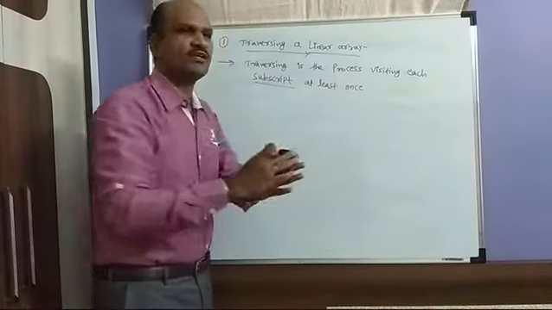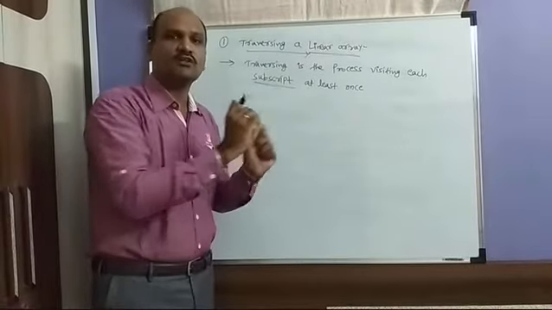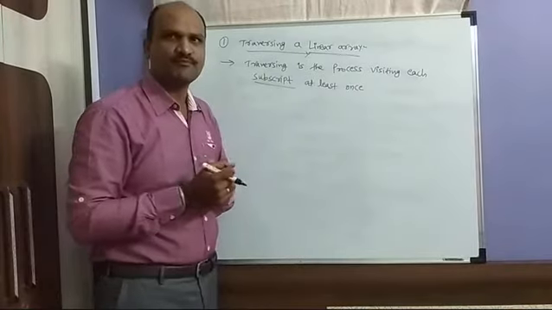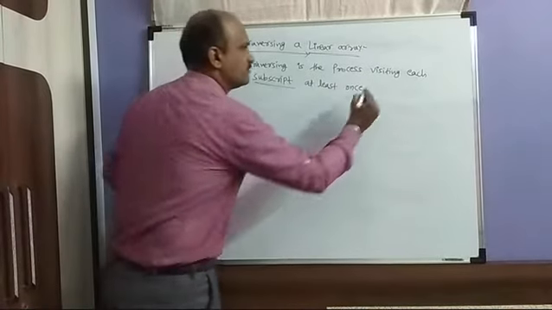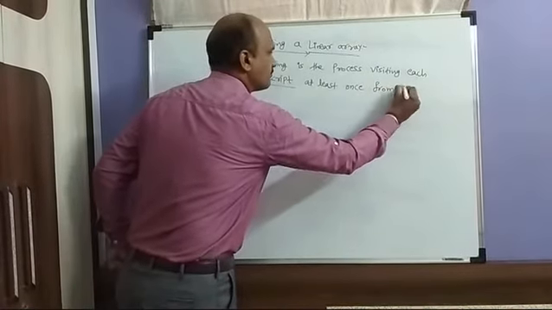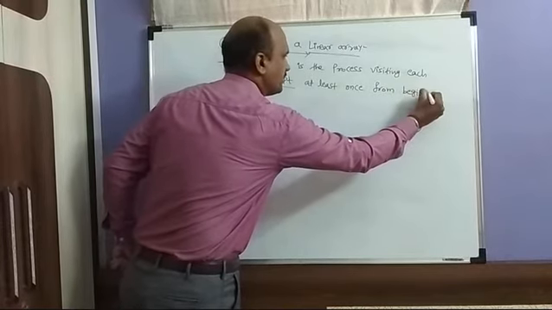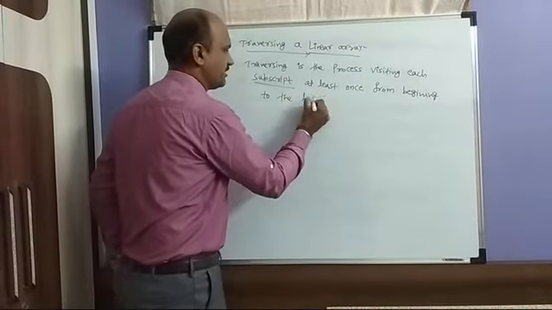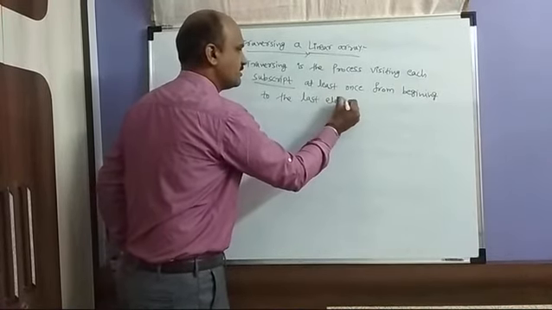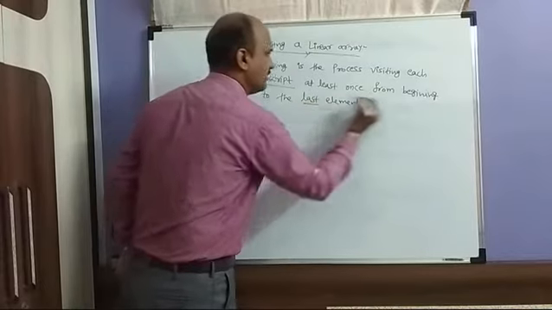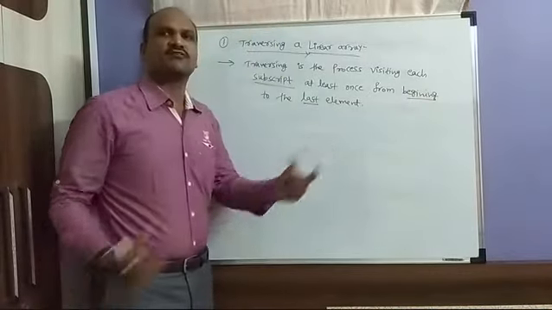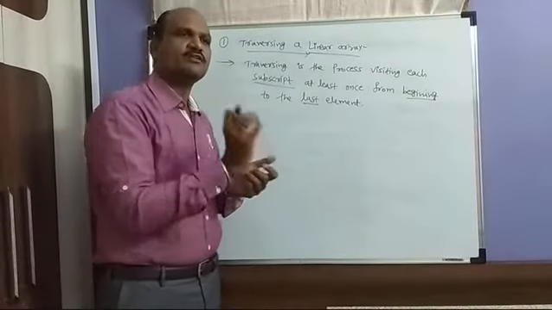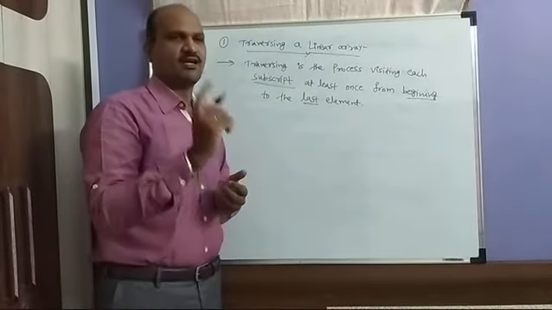So because there are 10 elements, all the 10 elements have to be traveled at least once, from the beginning to the last element. Beginning to the last element means the end of the elements. If there are 5 elements, it should start from 1 to 5. So all the subscripts have to be visited at least once.